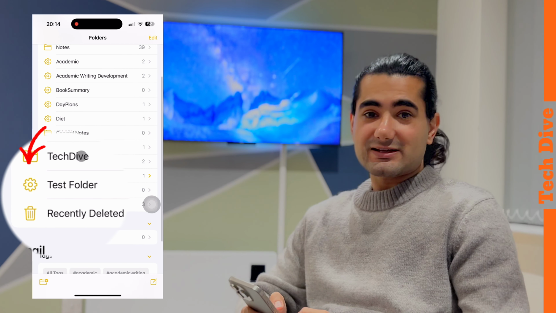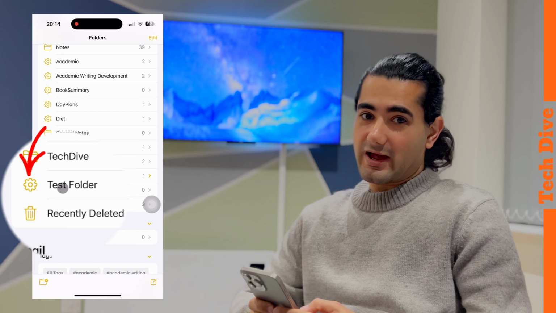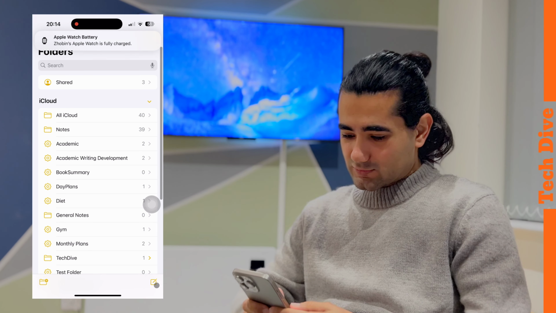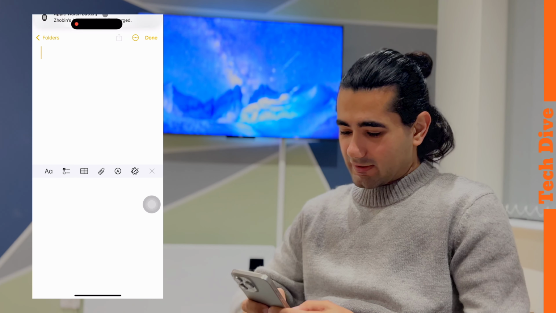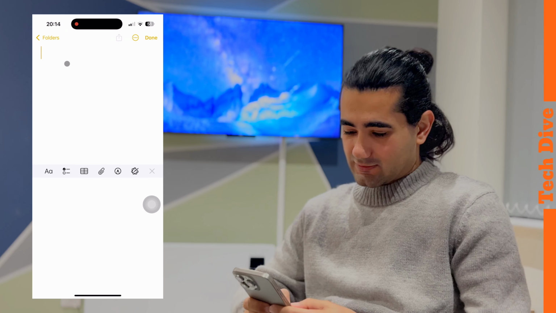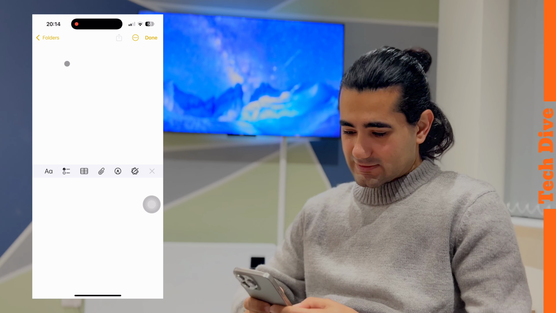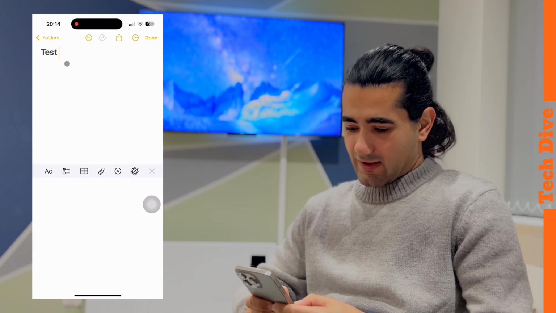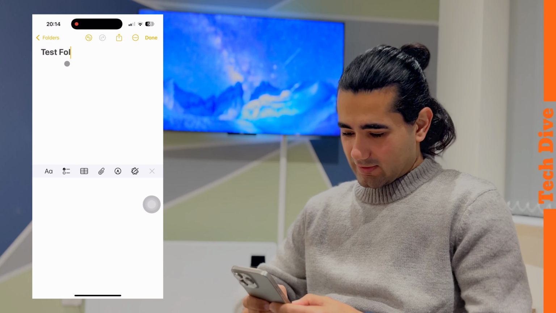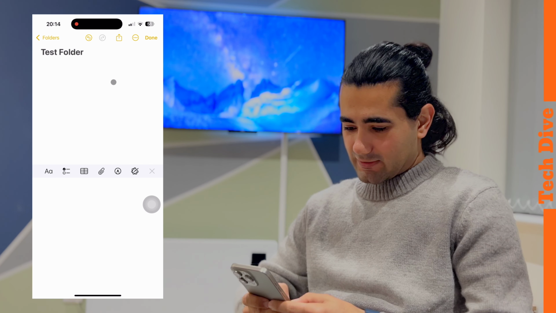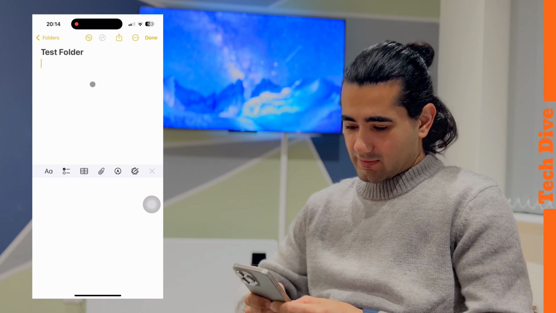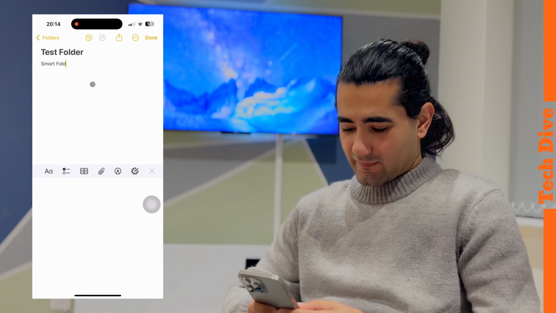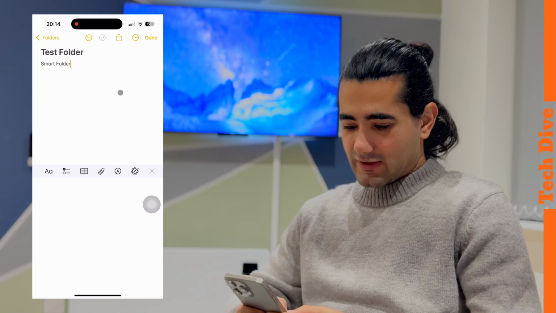You can see the setting icon next to the folder, which shows this folder is now a smart folder. If I open a note and type something in, for instance, test folder, and maybe I can type smart folder. If I go down, add hashtag,